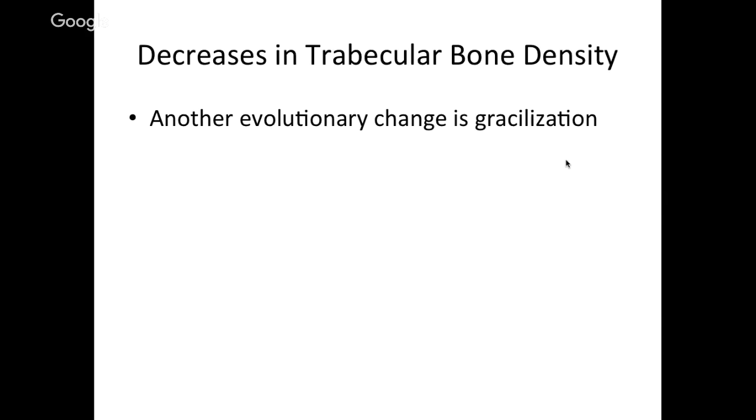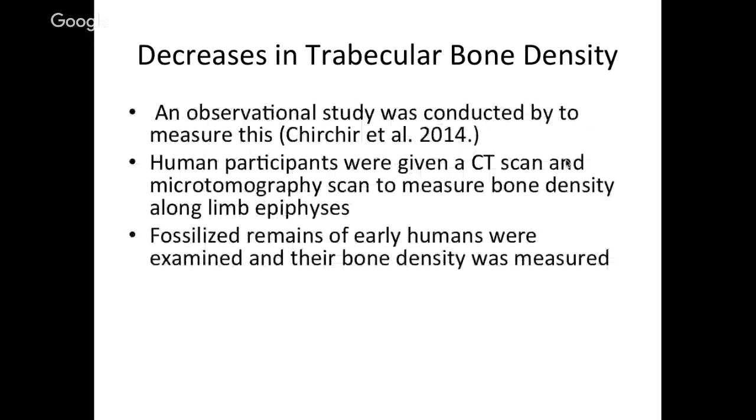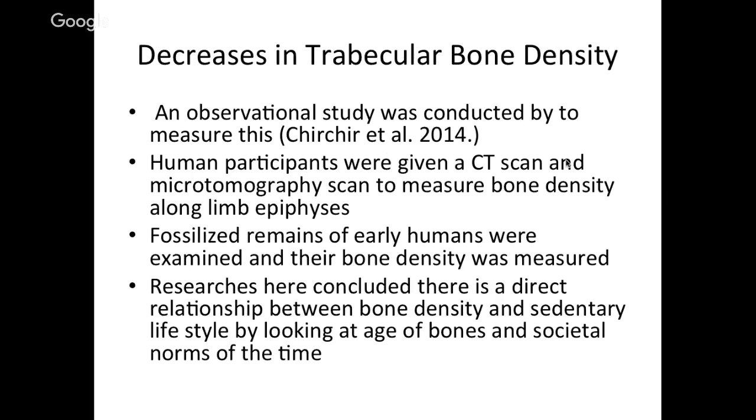So another evolutionary change is gracilization, which is a decrease in strength and bone density, which is why this is called a decrease in trabecular bone density, and it can be attributed to an increasingly sedentary lifestyle. So an observational study was conducted to measure this, and human participants were given a CT scan and a microtomography scan to measure bone density along their limb epiphyses. And then fossilized remains of early humans were examined, and their bone density was measured and then compared to the humans. And so the results of the study were that there's a direct relationship between bone density and a sedentary